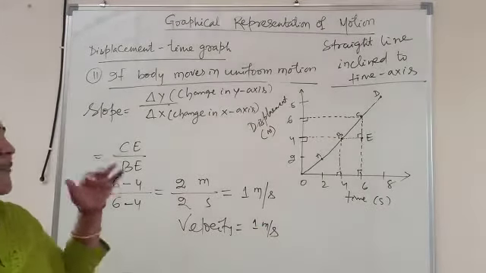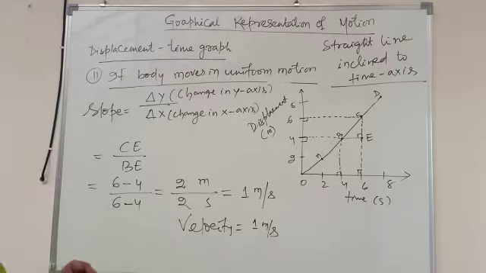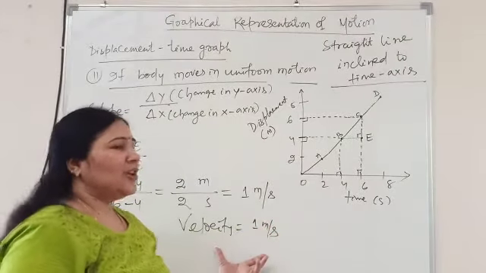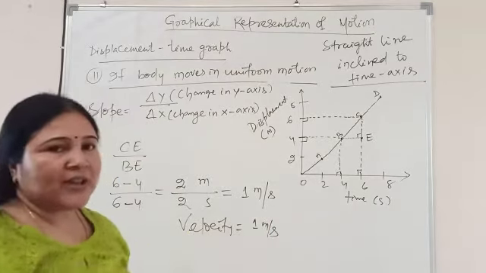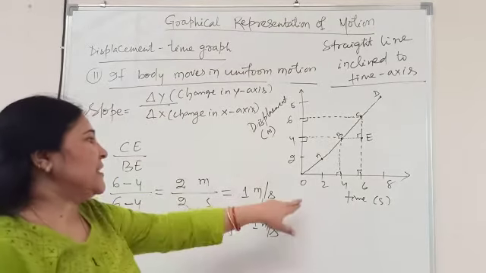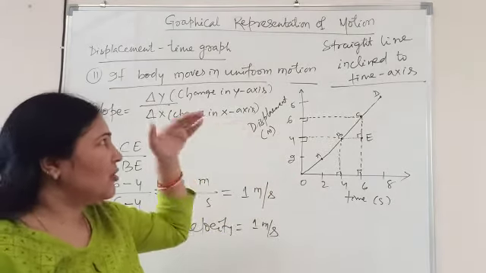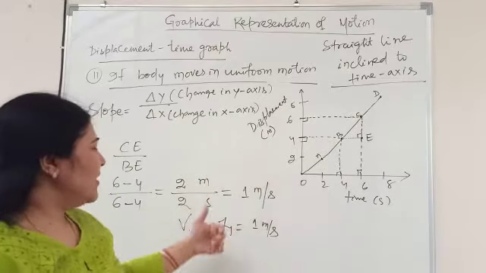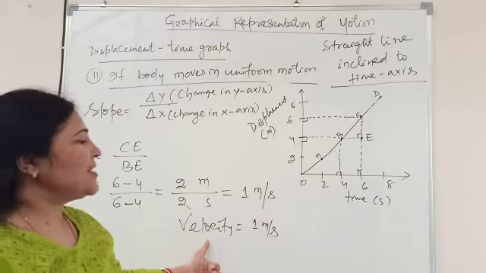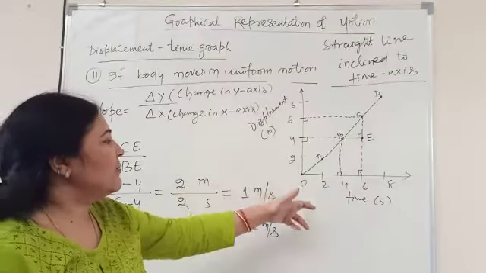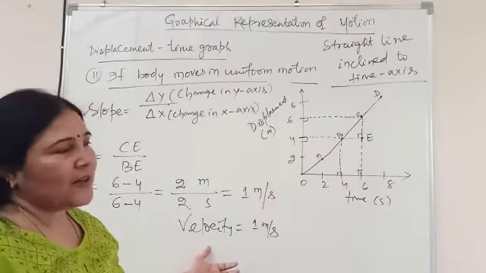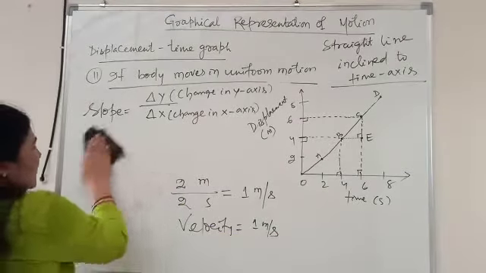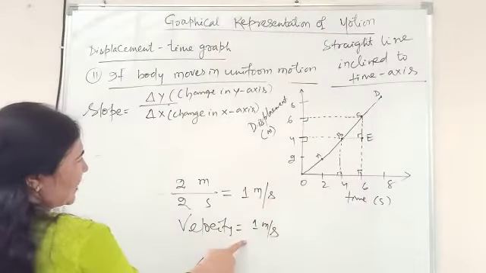This is how we can find the slope, and that is important. If you can find the slope of a displacement time graph, then that will give you velocity. Now one more thing I will say here: because we are talking only about linear motion, if it is a distance time graph, then in place of velocity it should be written as speed. So for distance time graphs, the slope will provide you speed. For displacement time graphs, it will be velocity. Actually this is velocity in the sense that it is the magnitude of the velocity.